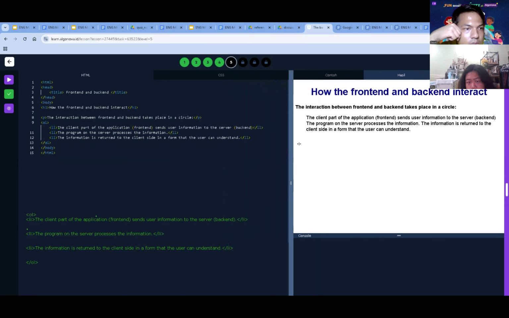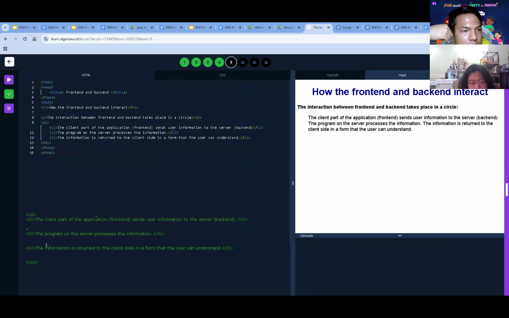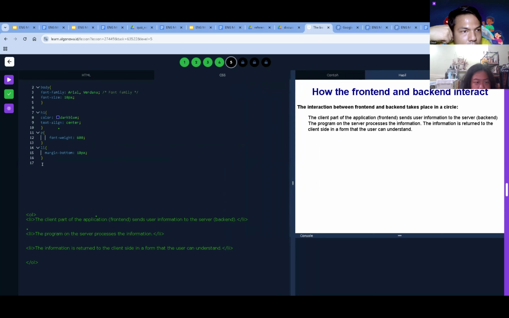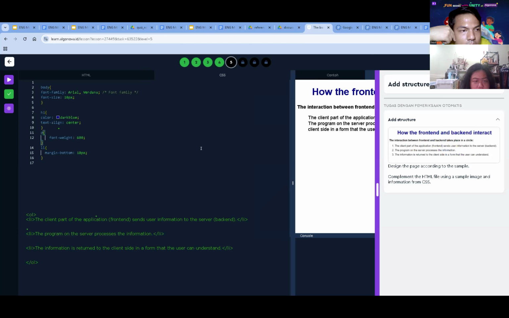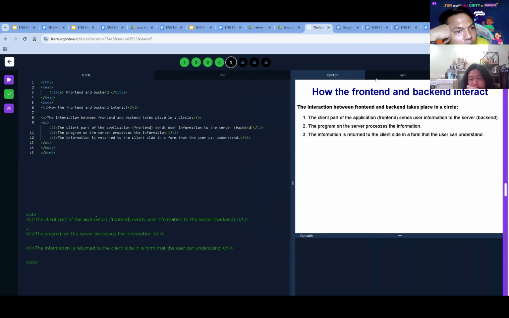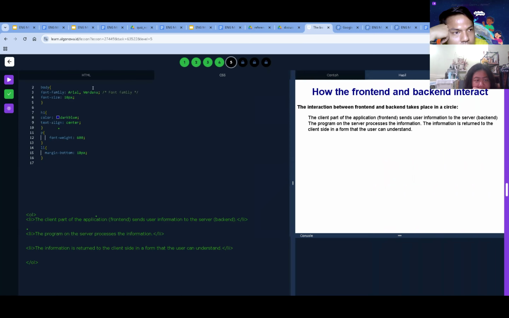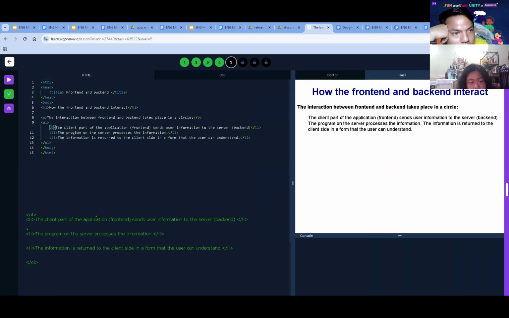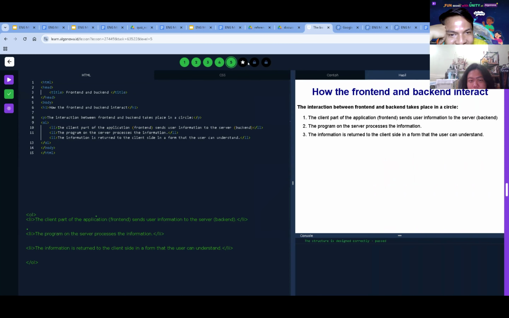Why doesn't it appear? Oh, have you not done this yet? You don't have to change the CSS file, just change the HTML file only. OL. Try to check the list. Is it correct or not? Oh, it's supposed to be LI. Why did you put L? It's a mistake, I just saw that.